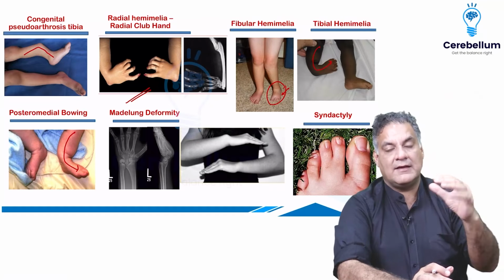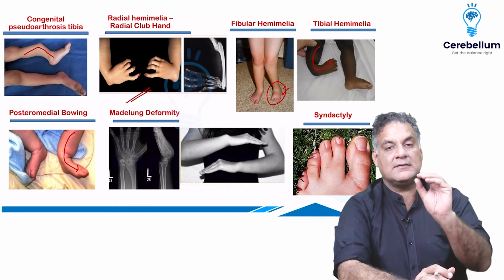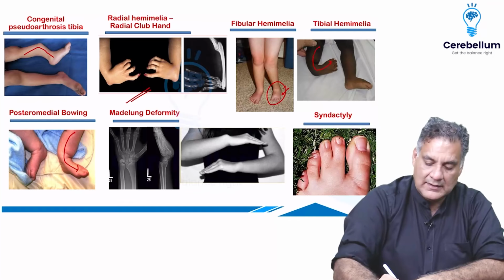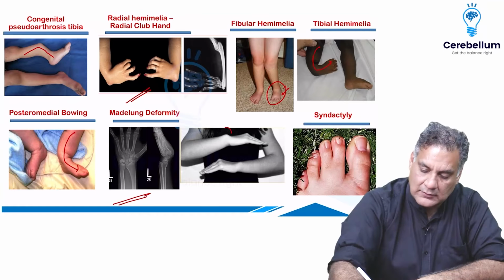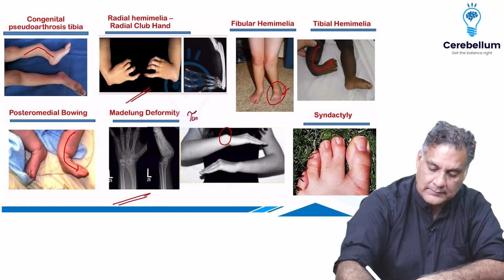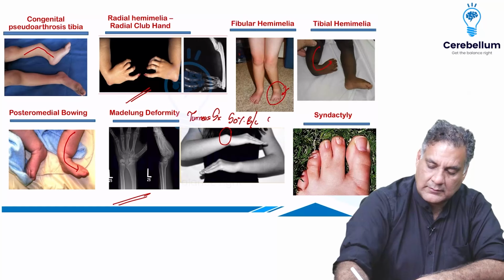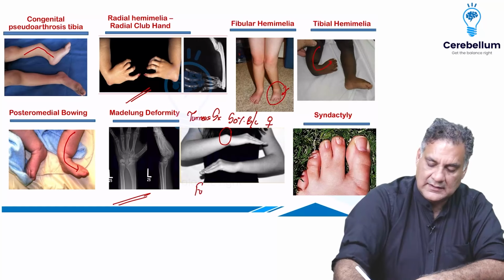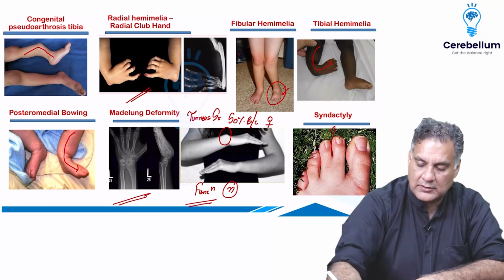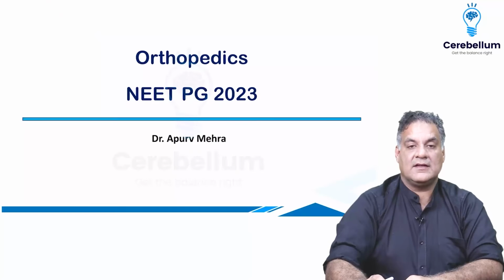Now, when you have less development of one part of the radius, it is called Madelung deformity. So Madelung deformity causes prominence of the lower part of the ulna. It is seen in Turner syndrome. 50% of cases are bilateral, more common in females. Functionally, it's almost normal. And my friends, a spot diagnosis, fusion of two fingers or digits, is called a